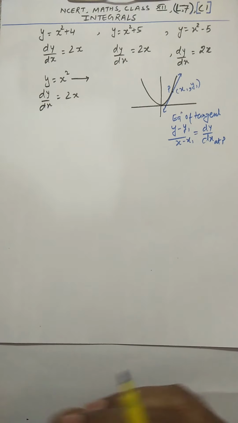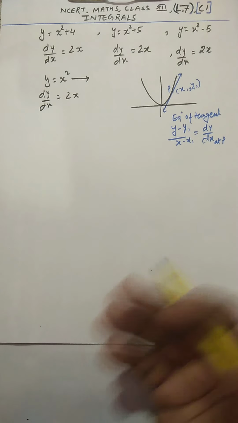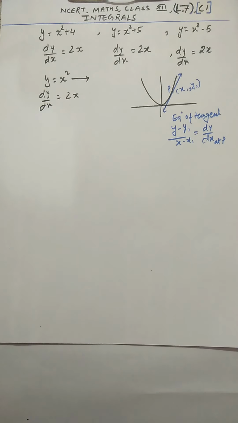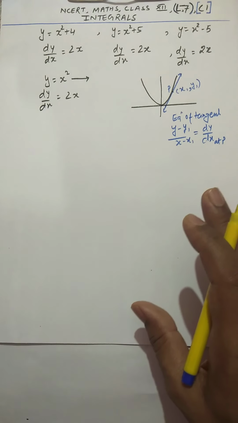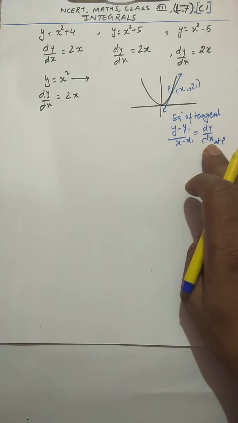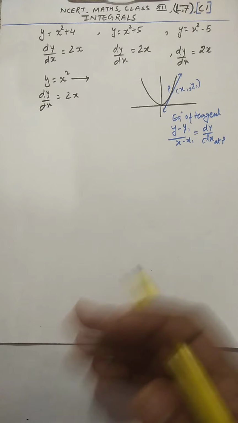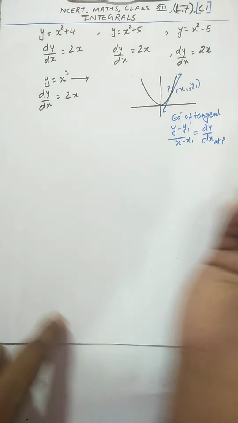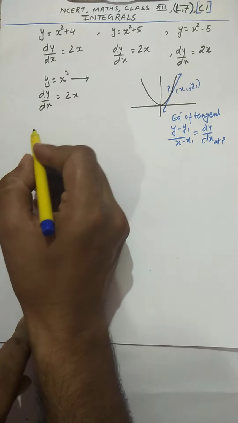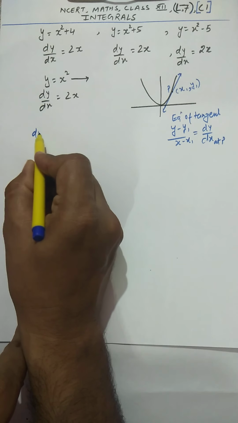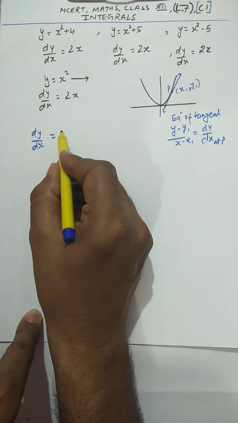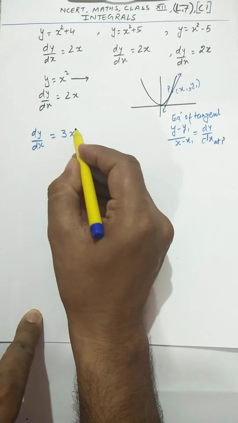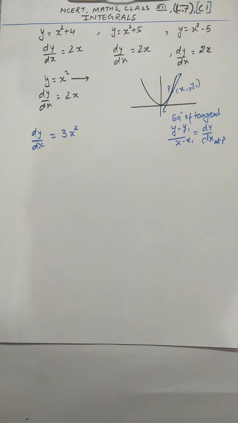So normally when we have to find the tangent, we find dy by dx. There are other uses also, but this is the prime use. For that we find dy by dx, and that dy by dx is the slope. But now the situation can be different. Sometimes you might get dy by dx given, let's say, for example 3x square, this is dy by dx.